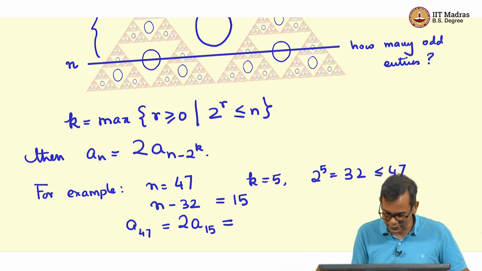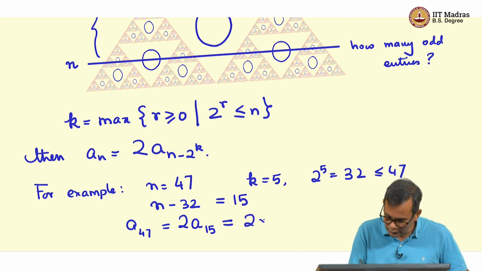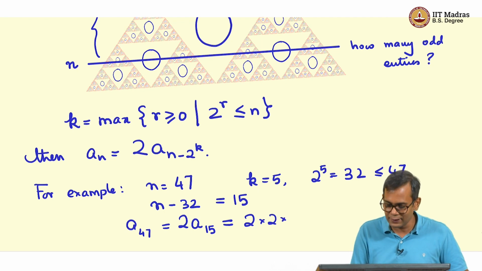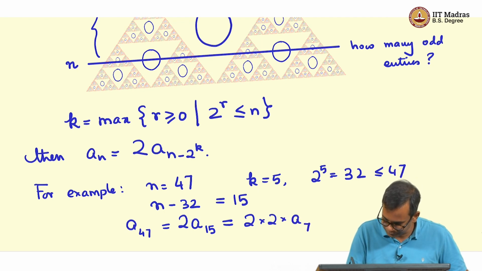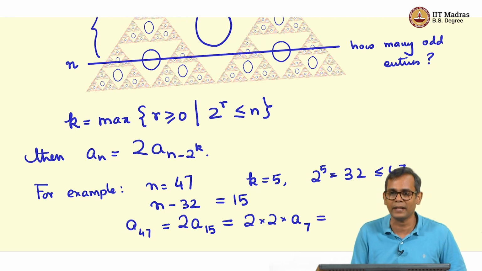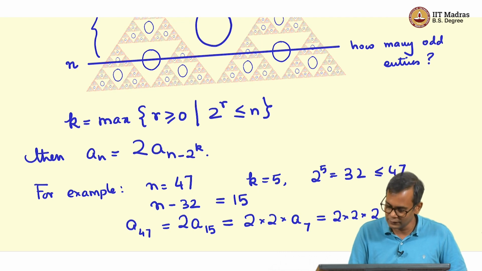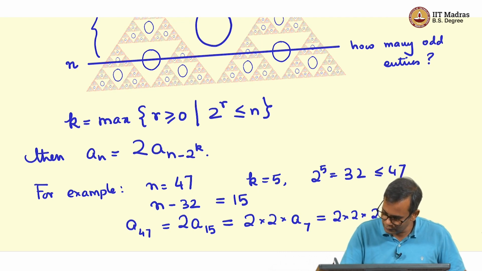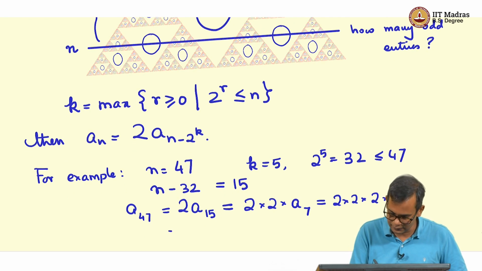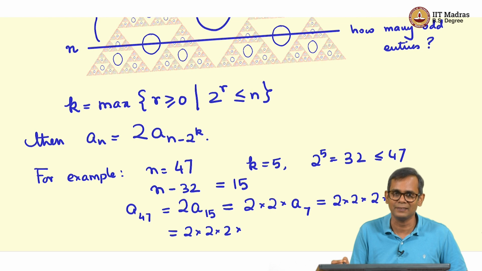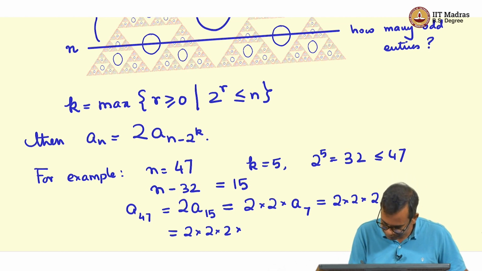So, that is 2 to the power 3, and so we must look at 15 minus 8, which is 7. Then we look for the largest power of 2 that is less than 7, and so we get 2 into 2 into, so the largest power of 2 that is less than 7 is 4, and what is left? 7 minus 4 is 3, and so 2 into 2 into 2 into the largest power of 2 that is less than or equal to 3, well, that is 2, and then we are left with